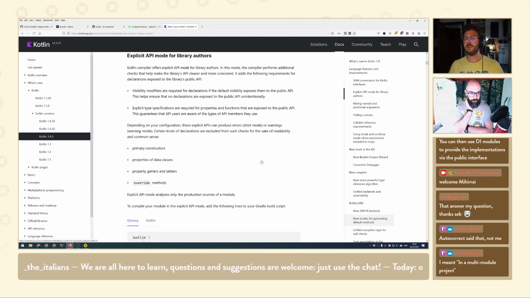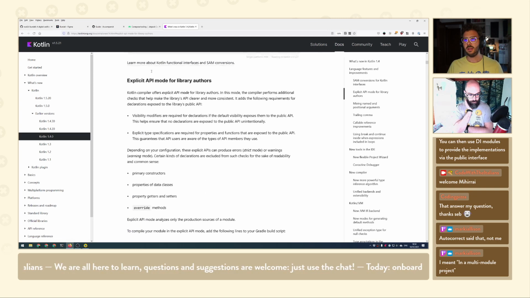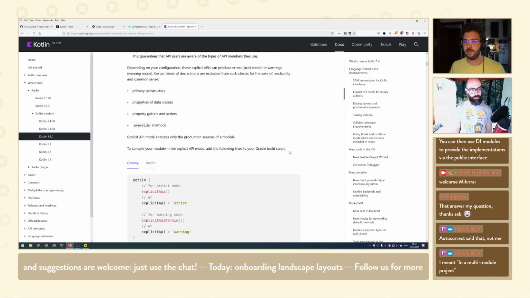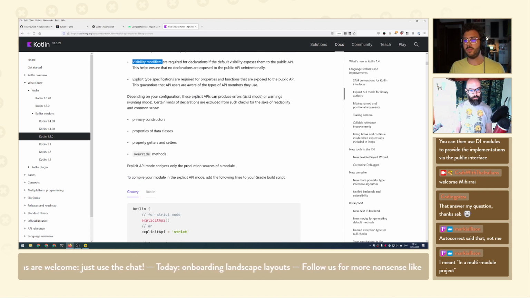It's called explicit API mode, and it requires visibility modifiers if the default visibility exposes them in the public API. So you have to explicitly opt in to making something publicly visible. It also requires explicit type specifications for properties and functions that are public. So if you have any sort of API that is exposed outside of the current module, then it needs to